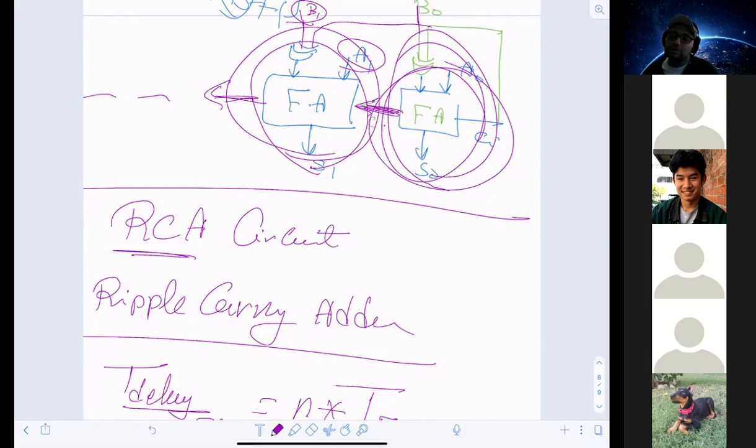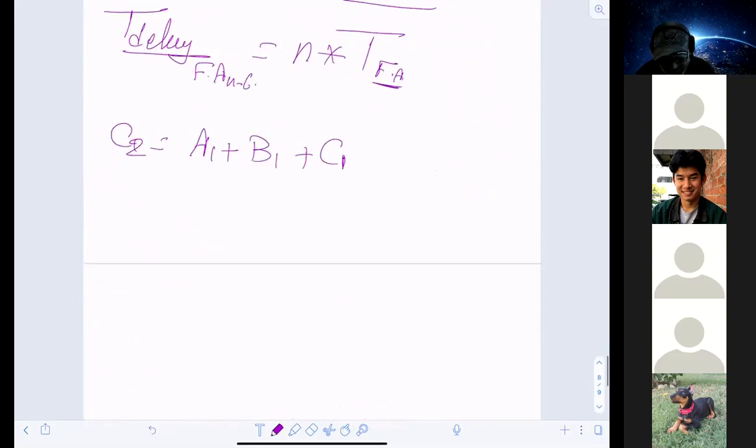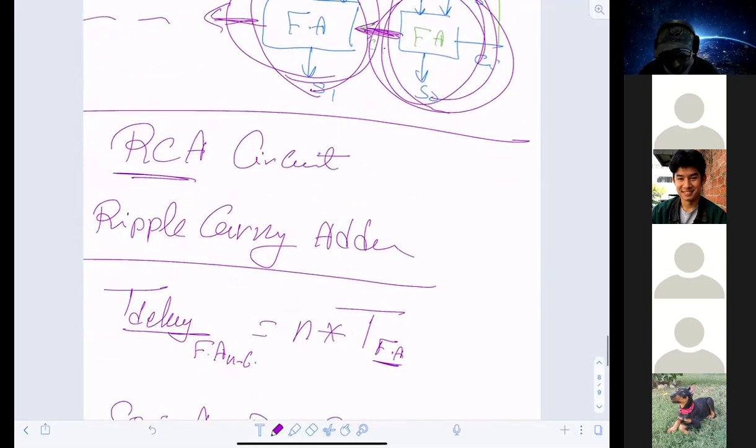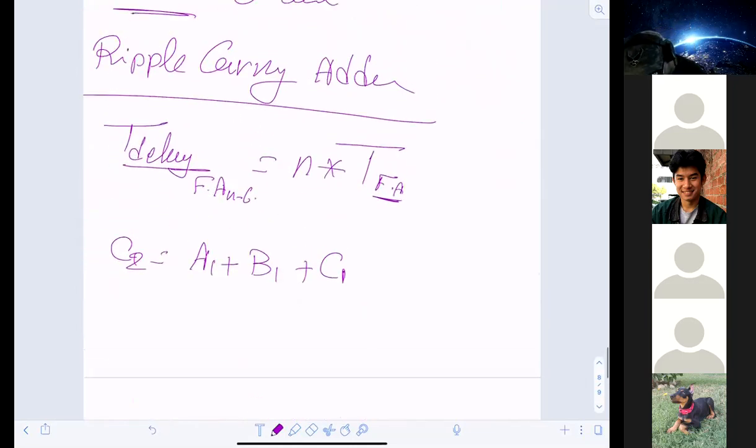Oh, gotcha. That makes sense to everybody? Any questions? So the N is the number of blocks, yes, and the T delay is the delay of one block. Is T delay given to us, or how do we calculate T delay? Oh, come on, you calculated it before. You forgot? It's the critical path. Yes. Got it. Thank you. So T delay of anything is basically the longest path, or the critical